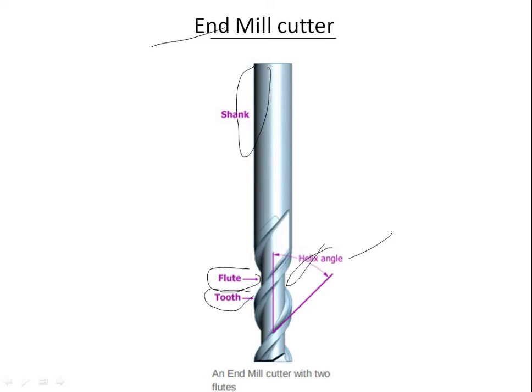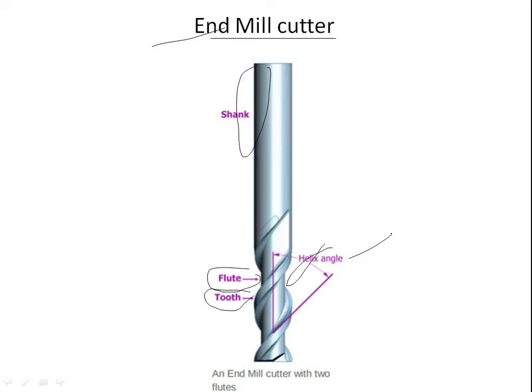And the helix angle, we'll be discussing that. The flutes of a milling cutter are almost always helical. If the flutes were straight, the whole tooth would impact the material at once, causing vibration and reducing accuracy and surface quality. Setting the flutes at an angle allows the tooth to enter the material gradually, reducing vibration. Typically, finishing cutters have a higher rake angle to give a better finish.